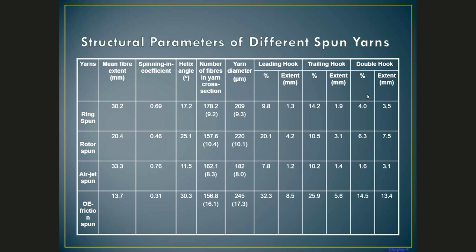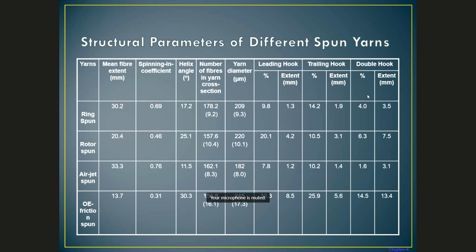So this is another reason, because this is deciding the orientation of the fiber, how the helix angle is changing. The helix angle that you are noticing in different technologies, you are noticing the maximum in case of friction spinning system, and the least in case of air jet. And for air jet, again, the explanation is that the majority of core fibers are straight and parallel, so there is no helix. So the helix angle is definitely going to be lesser.